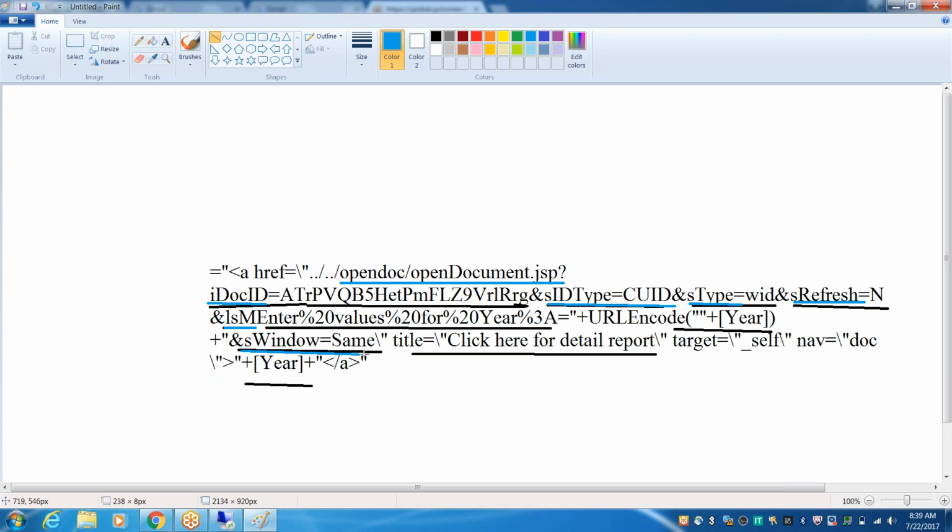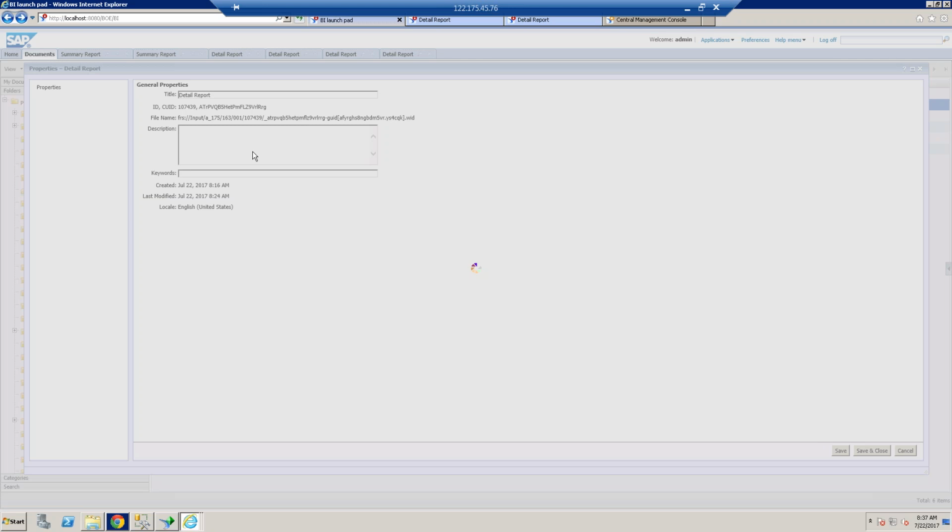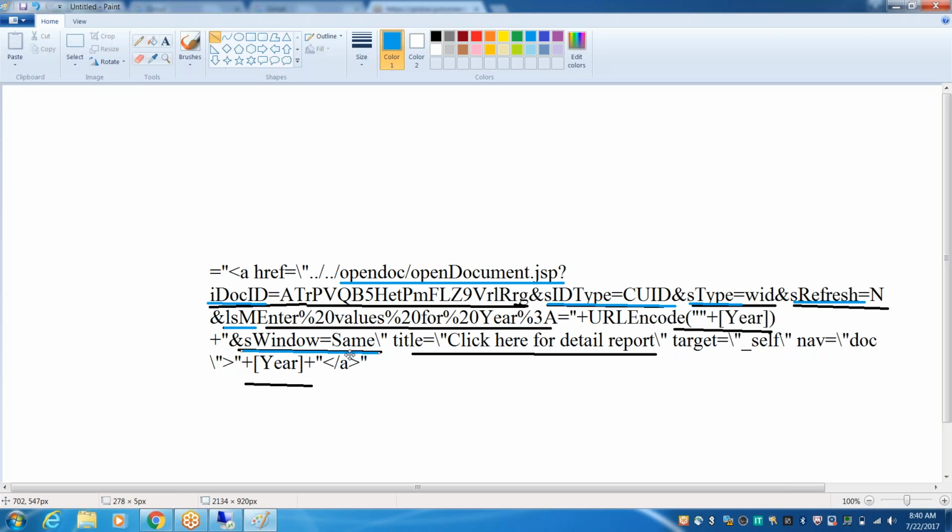Okay. sWindow. So I just want to open the same window or current window, new window. So might be the new window. So whatever the last time which I created is a new window. Okay, so sWindow might be the new window. So next time I created hyperlinking on the sales revenue, right? So that time I made it as a new window. So it should be going to be new. So title here, click here for detail report. Okay. So these are the hyperlinking parameters.